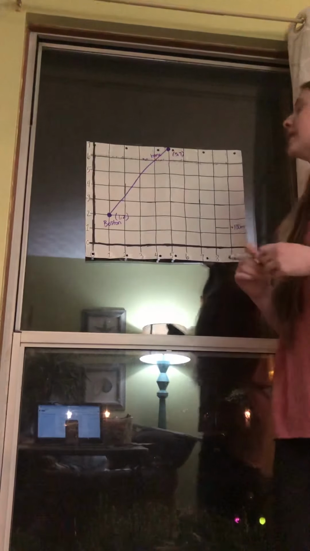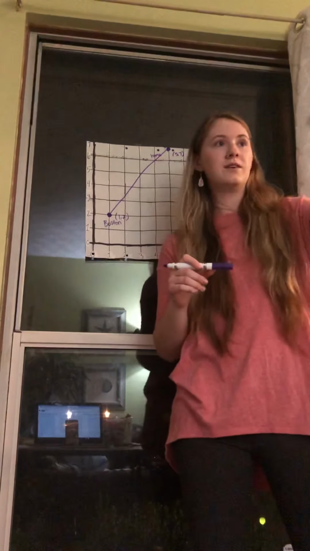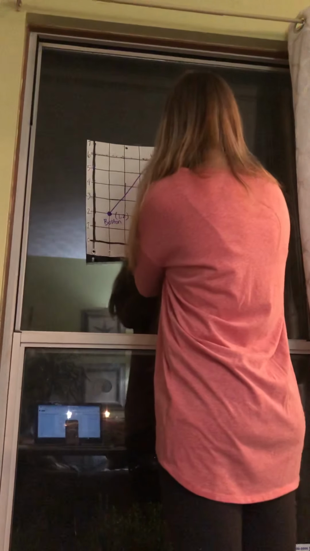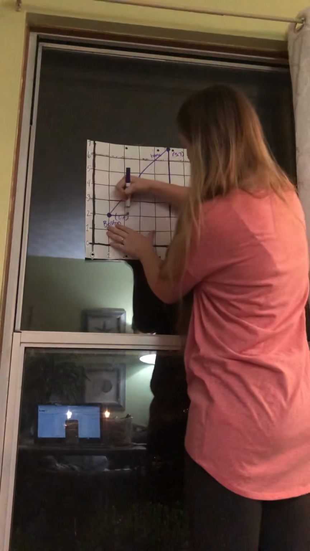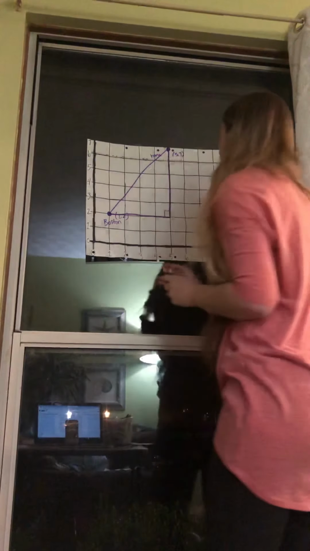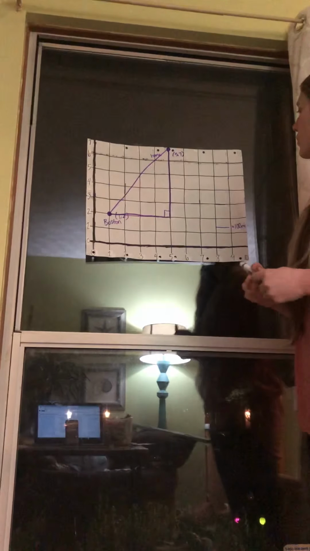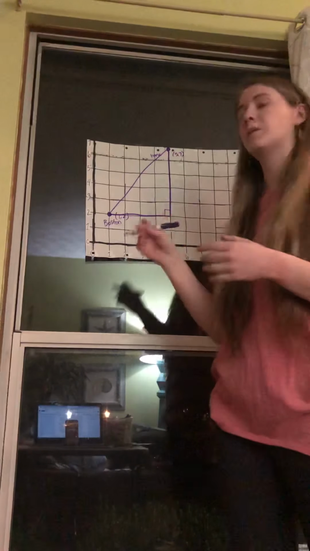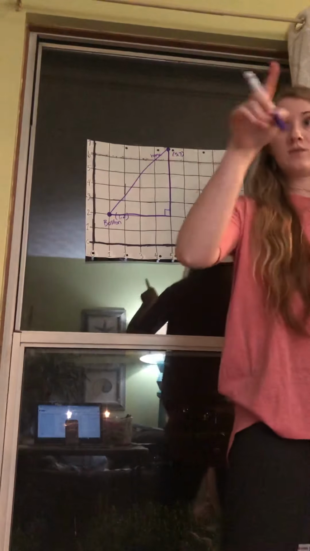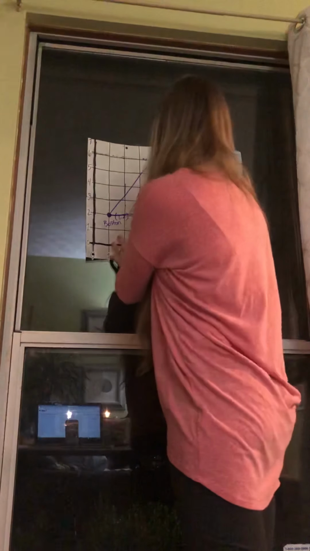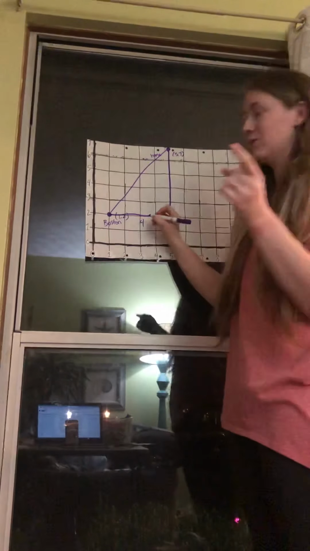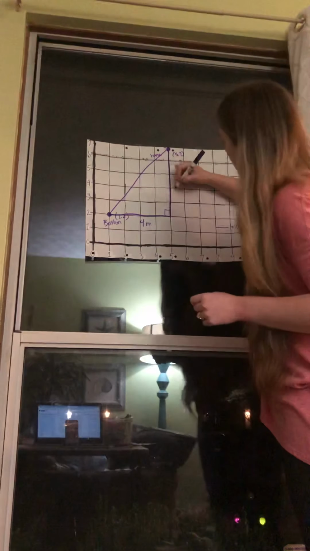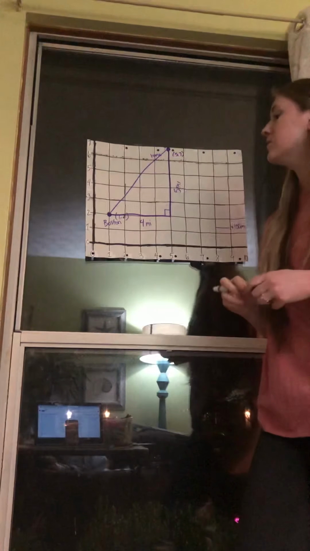All right, so what is my next step? Good, Sam. We have to make it into a right triangle so then we can apply the Pythagorean theorem. So let's make this right triangle. Good. All right. Now, what is this side length? And you can count it, or you can use the formula I gave you guys earlier. You want to raise your hand? All right. Yes. 4. Good. This is 4 miles. Oh, thank you. You got me there. Almost forgot. And this is 1, 2, 3, 4, 5. This is 5 miles. So using the Pythagorean theorem,